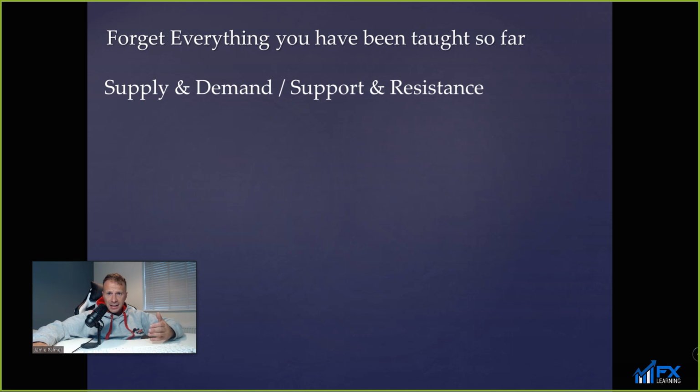Now, the reason why I'm going to call it the same thing is because it keeps everything simple and less complicated. It's going to save questions like, when does a supply and demand level become a support and resistance level? When does a support and resistance level become a supply and demand level? If I see a support and resistance on the 5-minute, is it actually a supply and demand level on the 1-hour time frame? Okay, these questions are not going to be asked now because we're going to call it